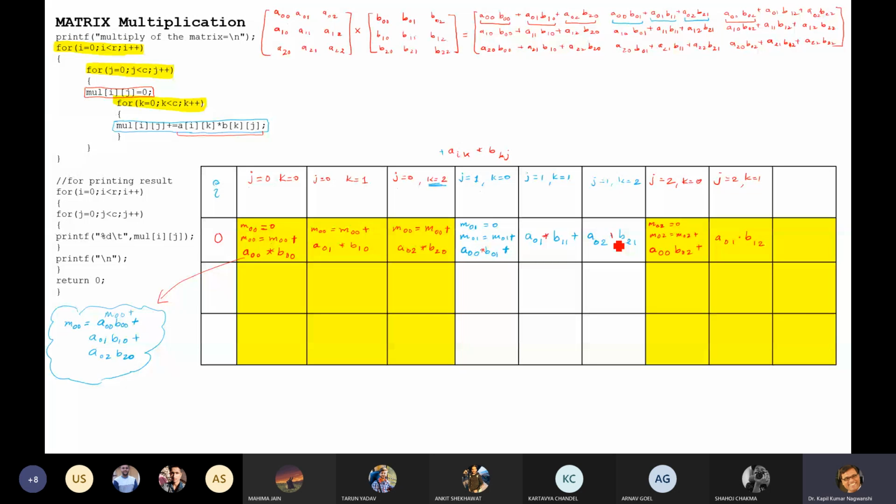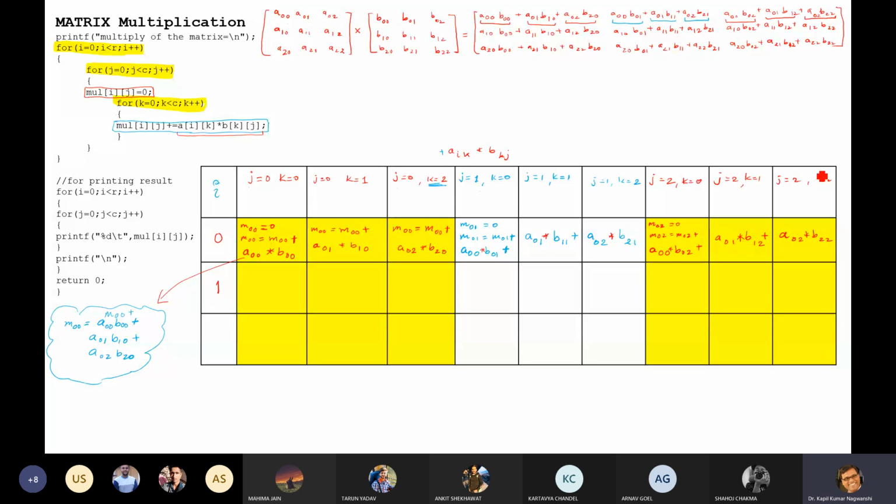Fine. Now J equals 2 and K equals 2. So this will perform addition and then A IK, I is 0, K is 2, multiplied by BKJ. K is 2 and J is 2. So here you can see that 0, 2 and 2, 2 is written, 0, 1 and 1, 2. So this is our first row computation. Now come to next.